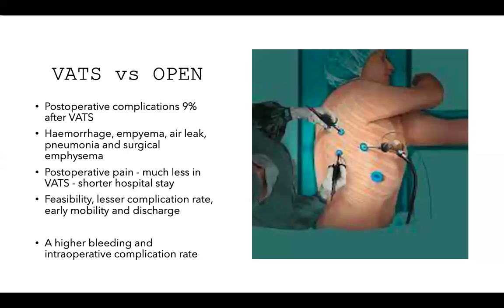So when you're talking about thoracic surgery, there are two ways to approach them. One is VATS or video-assisted thoracic surgery, or open surgery. It has been shown that in VATS, the postoperative complication rate is around 9%, and those mostly include hemorrhage, empyema, air leak, pneumonia, and surgical emphysema. The postoperative pain in VATS surgery is significantly less,